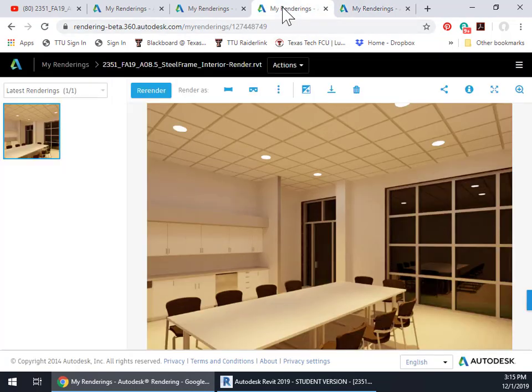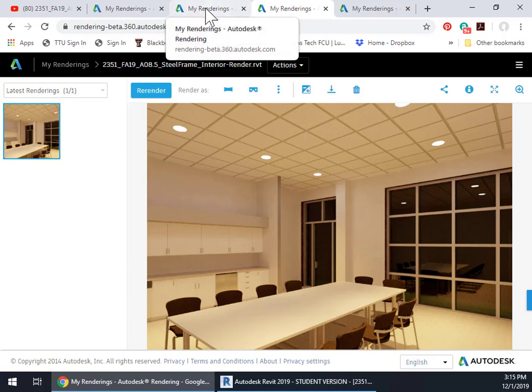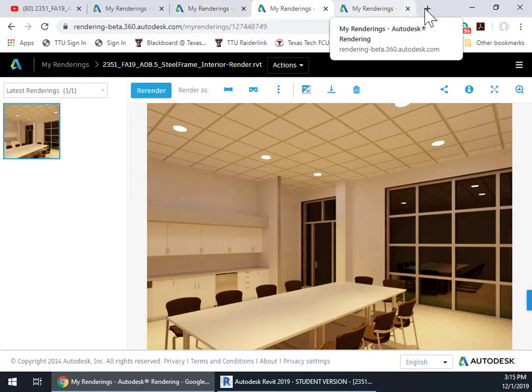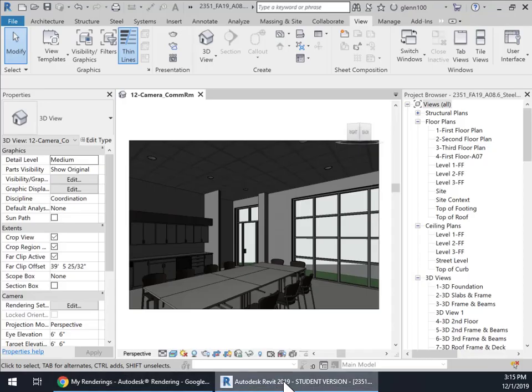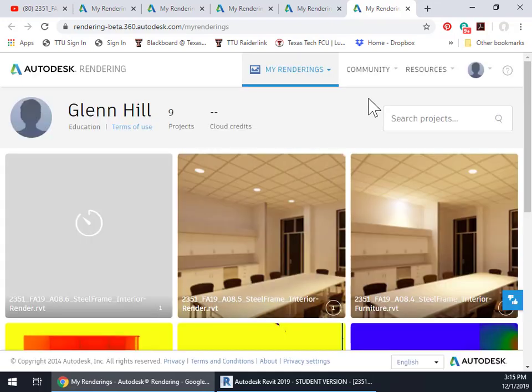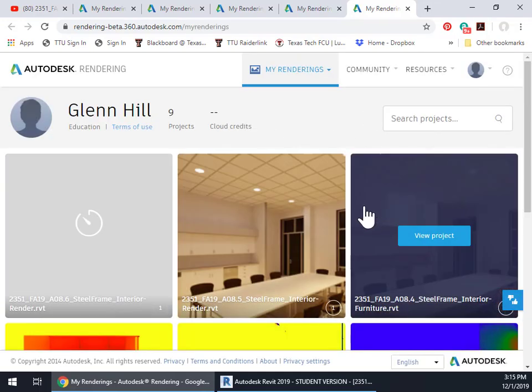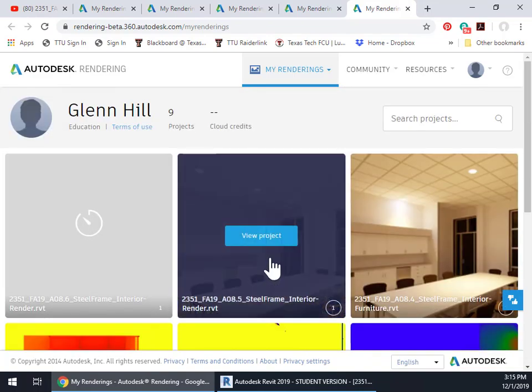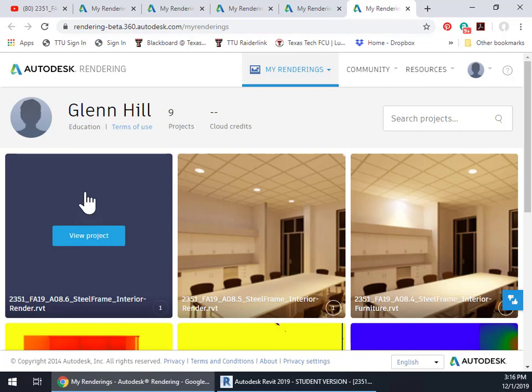The other method is to go to presentation and your render gallery, which is what we just looked at. We just looked at the render gallery, and if you go to render gallery, it'll take you to the same place. Okay, and so these are your current renderings, and depending on the name of the file, you're created